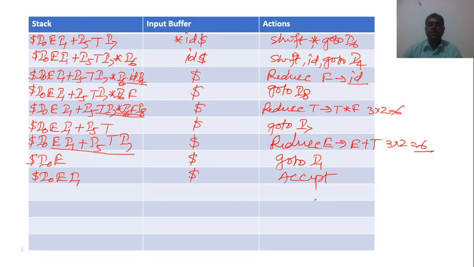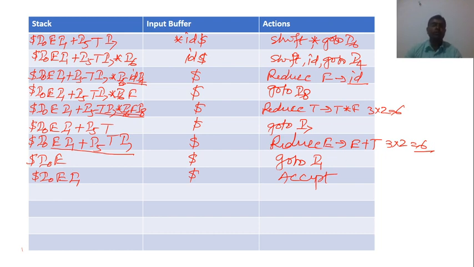Now if you want to see how we are getting the parse tree, just use the productions in reverse order. First use E + T, then T rises to T * F, then T rises to F, and like that just write, and you will get the parse tree.